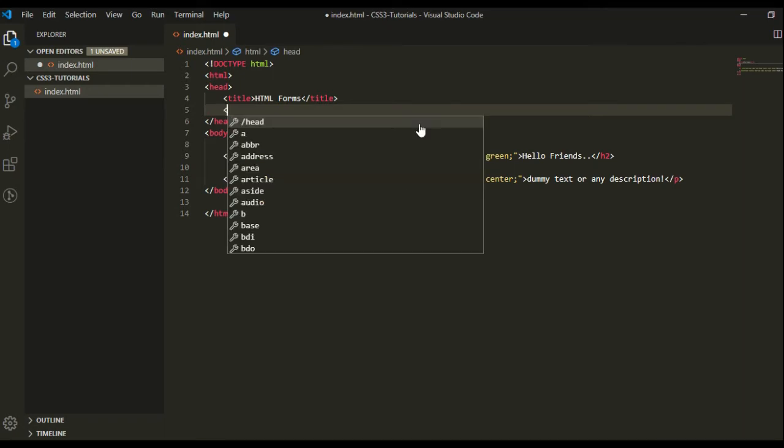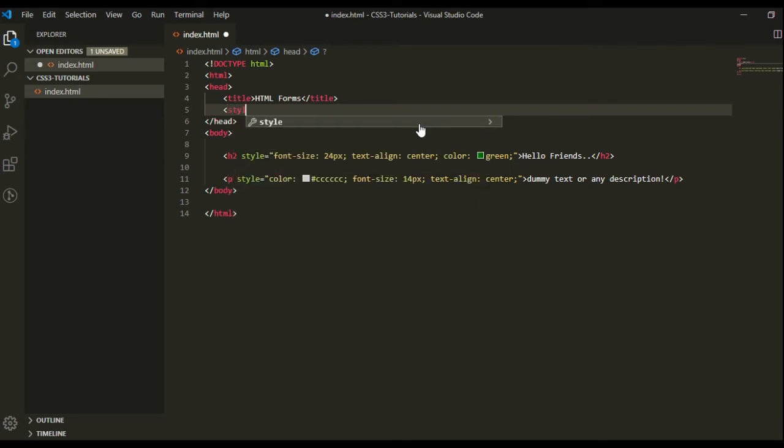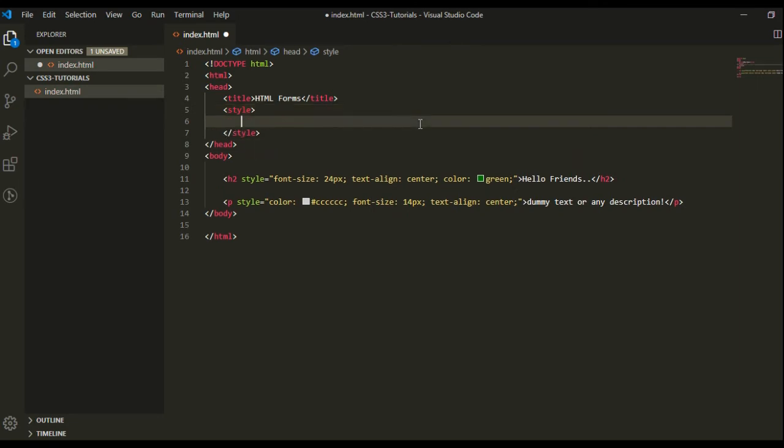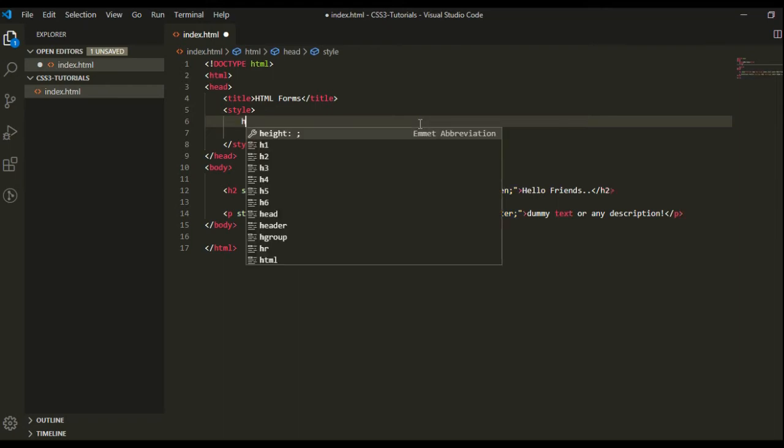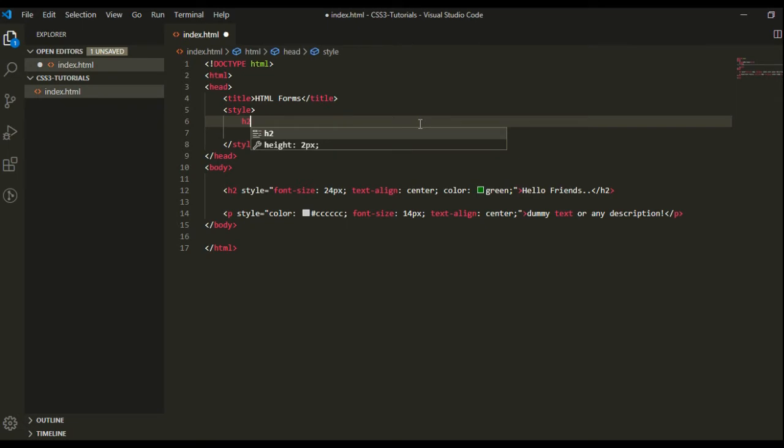So here we will write our style section, with opening and closing tags, and now I can write all these properties for the h2 element like this.